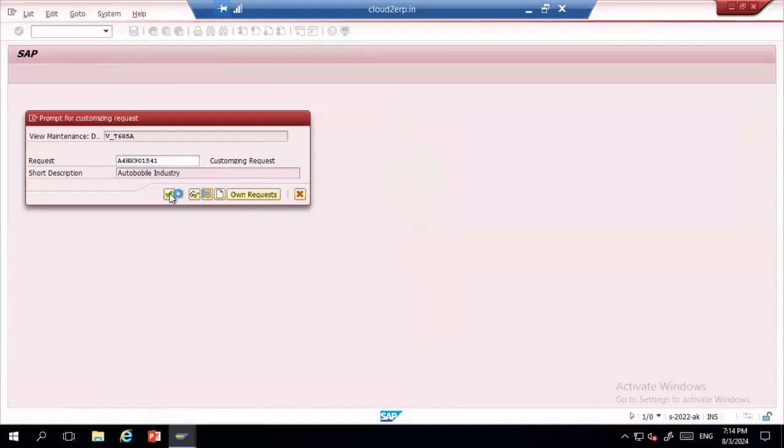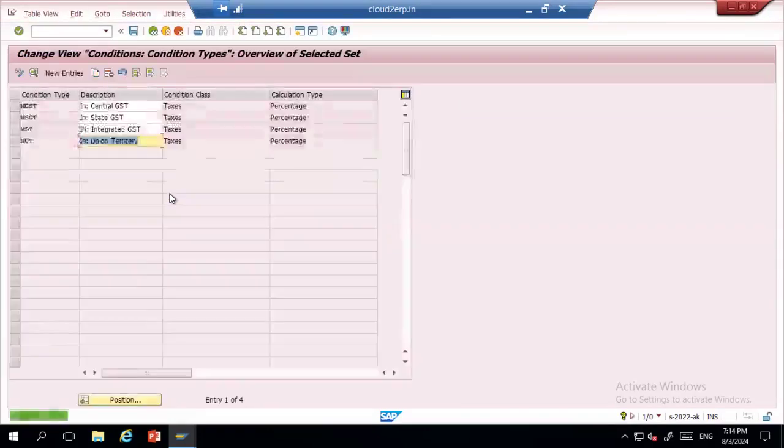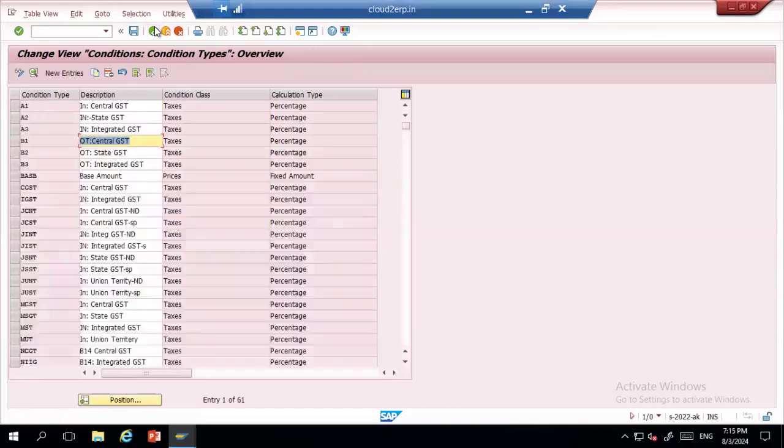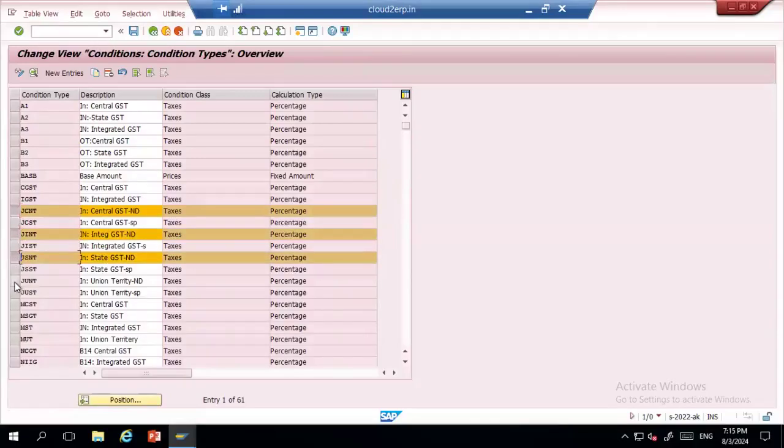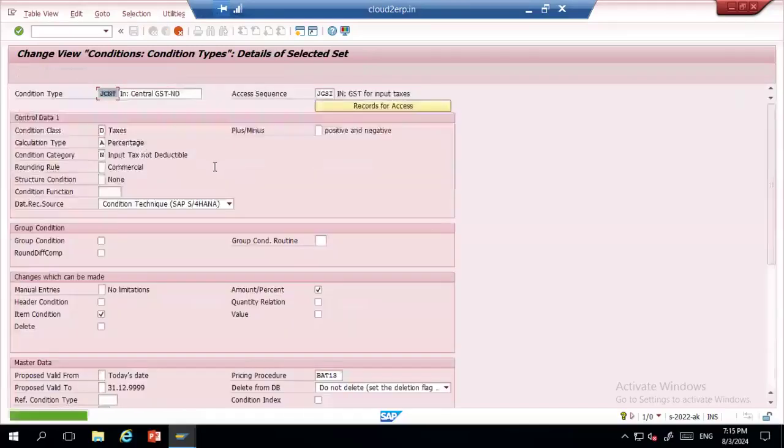With this, you should also have the non-deductible taxes created. If you don't have the non-deductible taxes, then every time you need to run the transaction of buying and selling. If you have the non-deductible taxes, then you can differentiate what you're buying and what you're selling. For the non-deductible taxes, you will have the name as ND here. There is no difference in creating the condition type. So I'll directly copy the four condition types and name them as M non-deductible tax.